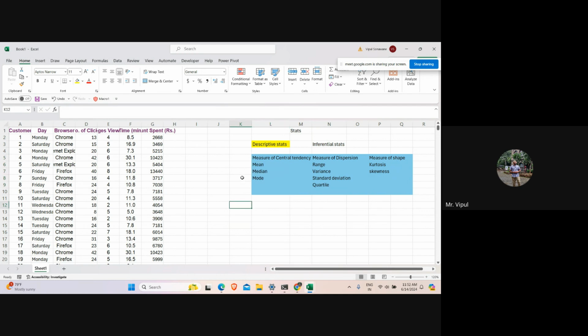Now, what is measure of central tendency? Let us see the definition. If somebody asks you what is the definition of mean, what can you tell? You say that it is the total sum of total options divided by total numbers, right? But it is not like this. This is not a correct definition. You should study mean in such a way that